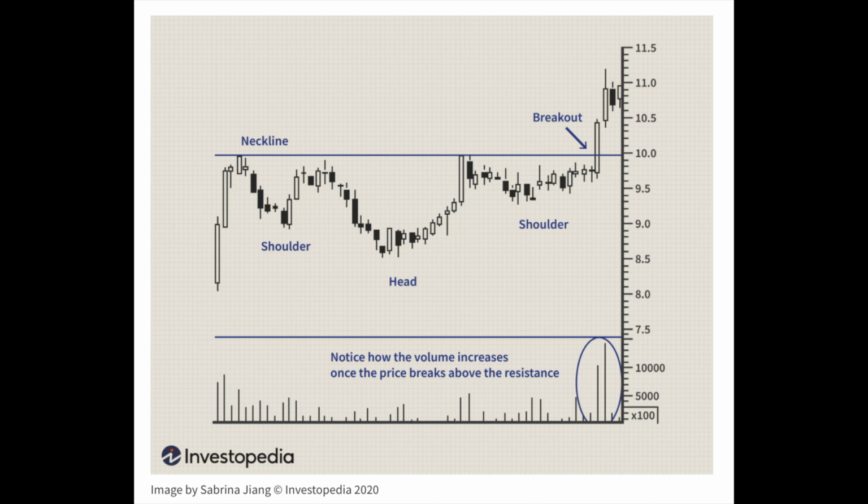meets the following characteristics. The price falls to a trough and then rises. The price falls below the former trough and then rises again. Finally, the price falls again, but not as far as the second trough. Once the final trough is made, the price heads upward toward the resistance found near the top of the previous troughs. This formation, coupled with the bullish indicators, leads me to believe that the probability of Tesla pushing higher is